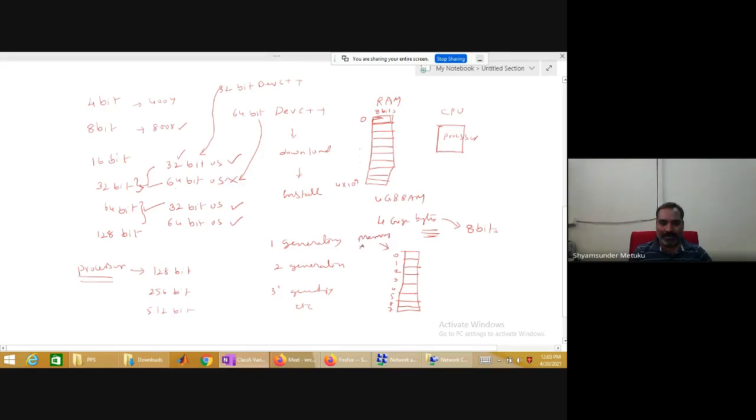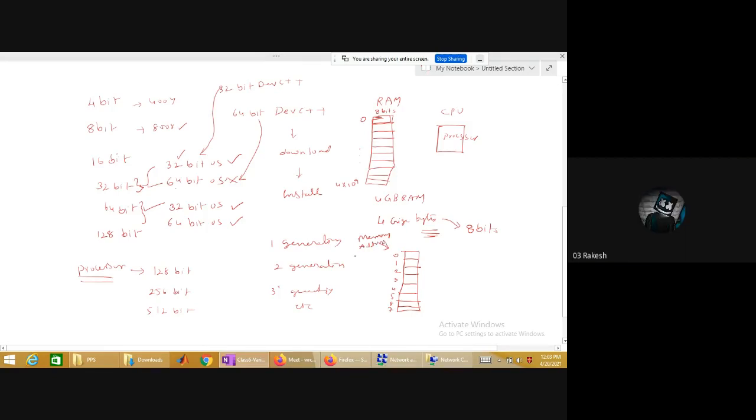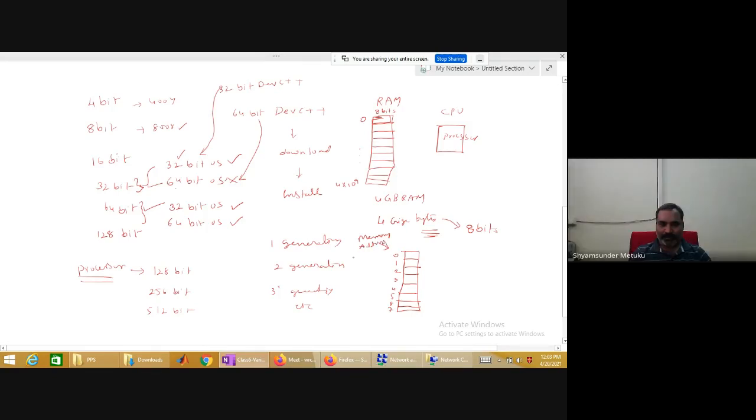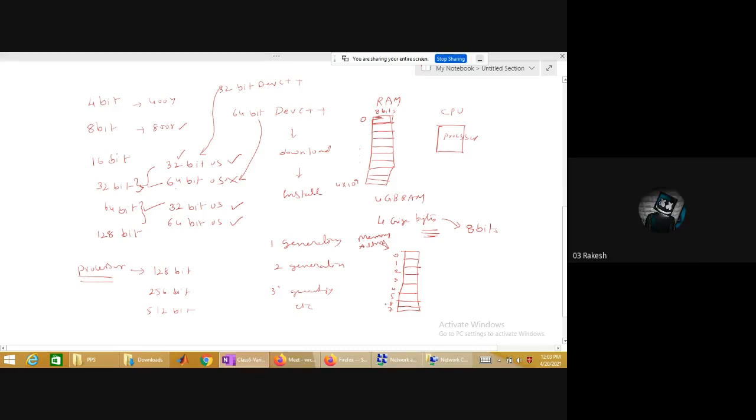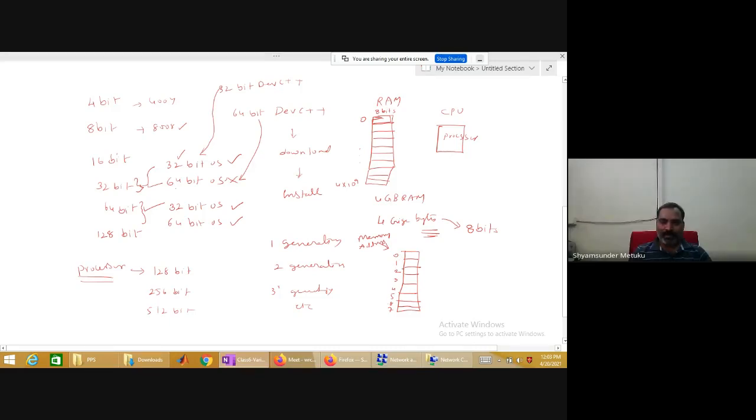What is the reference name? Memory address. Is it clear to all of you? So how many addresses do I have here? 8, sir. 8. But unfortunately, the computer does not understand the decimal number system. What type of number system does it understand?